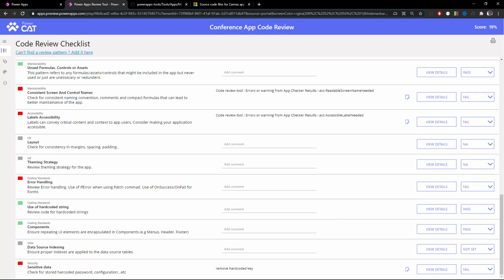So we have this last pattern here that I want to look at. This is ensuring that proper indexing of your tables has been done. In a database like SQL, that's something we advise customers to do. This is more of a discussion. We have no real way of finding out whether they actually have proper indexing on their SQL database from just looking at the app itself. But we keep this pattern as something to discuss with the customer,